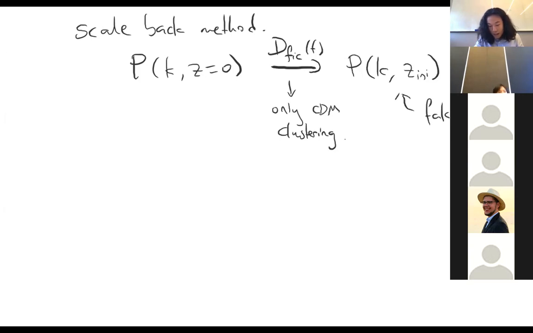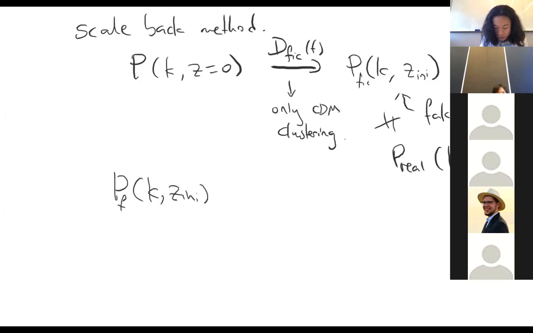Because if I compare this to the real power spectrum I get at the initial time, these two are not going to be the same because I use the fictitious growth factor to scale them back. But the advantage is that now, if I scale it back and use this, let's call this fic as well, just to keep notation clear. So if I use this fictitious power spectrum to initialize the simulation and N-body evolve this forward with CDM only